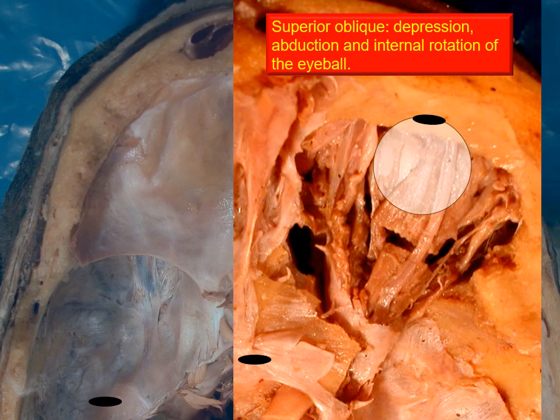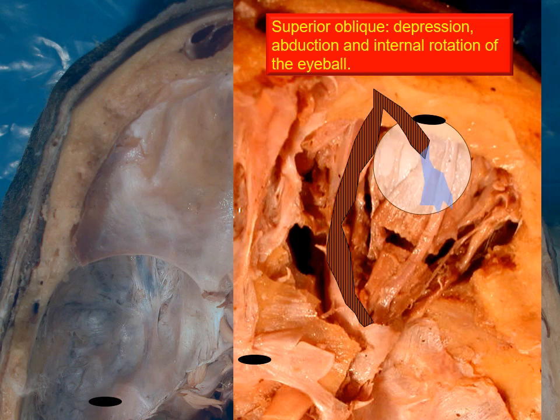Next muscle we will take up is the superior oblique muscle. Now that is the superior oblique muscle. It takes origin posteriorly from the body of the sphenoid bone, runs close to the medial wall of the orbit, right above the medial rectus muscle, till it reaches a pulley close to the supromedial angle of the eye, takes a turn at the pulley, returns back, and that tendinous expansion is attached to the upper posterolateral quadrant of the eyeball.